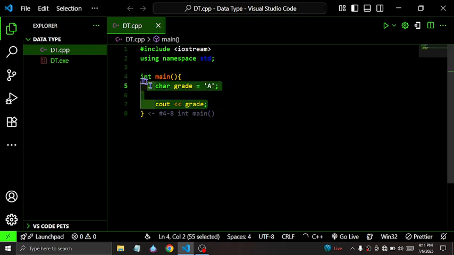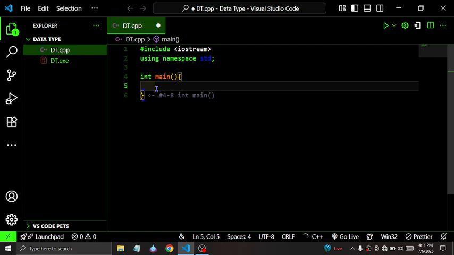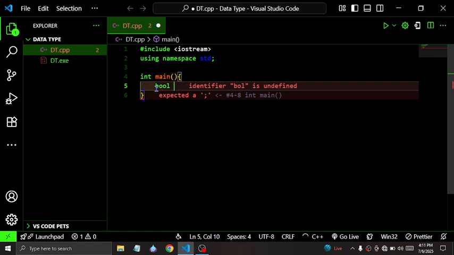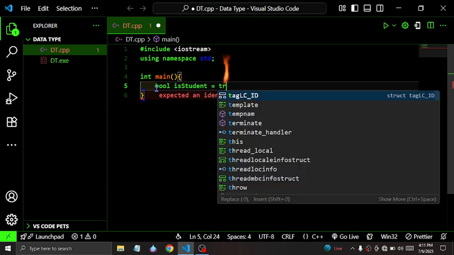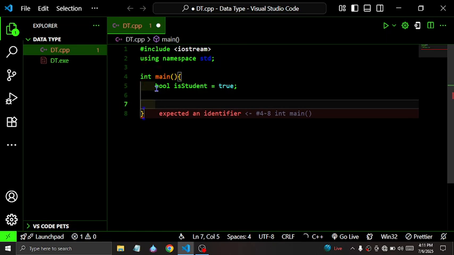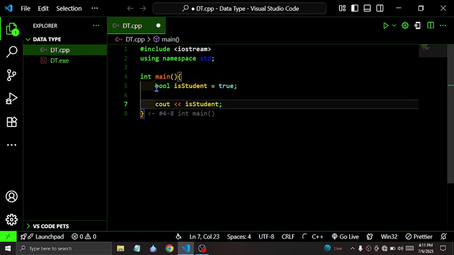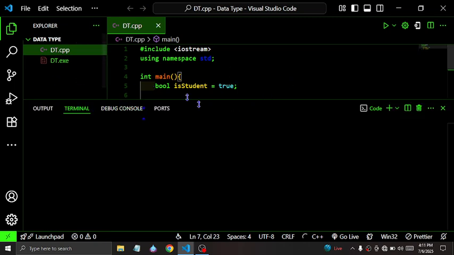And let's see which other data type is there. Of course, booleans. Booleans are a data type that has only two values, true and false. To do that, we type bool, short for boolean. Then let's see, isStudent equals true, because I am a student. Then when we print the value of isStudent, you should see that